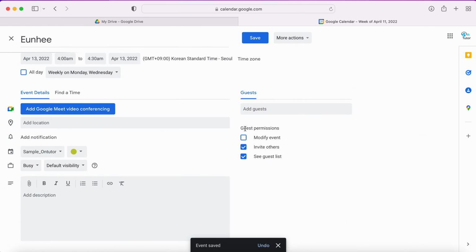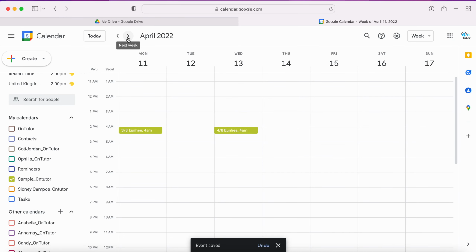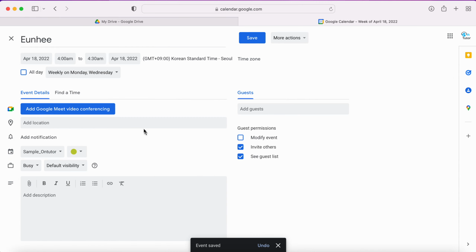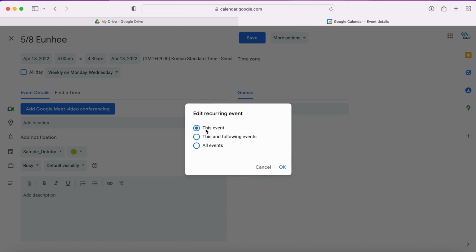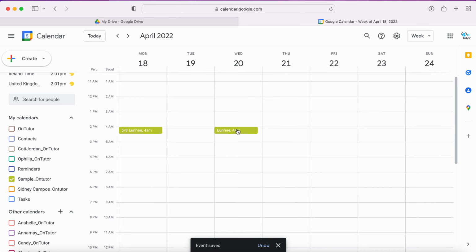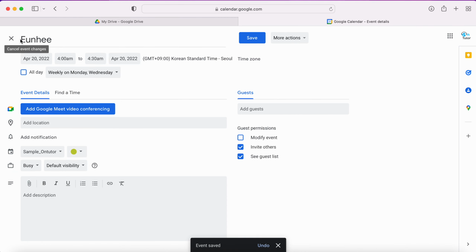Okay, and you had your fourth lesson already. You finished 4/8. And then for example, it's already the 18th and you had your lesson, 5/8. And you always click this event, because you don't want to change all of your calendar to 5/8, so not this one but this one. Okay, and then for example, it's already the 20th and you had your lesson here, you finished,